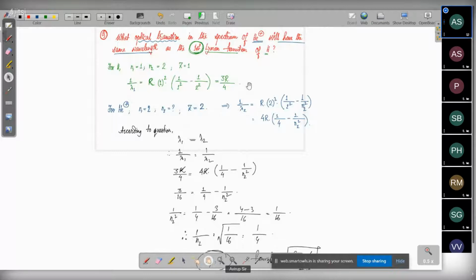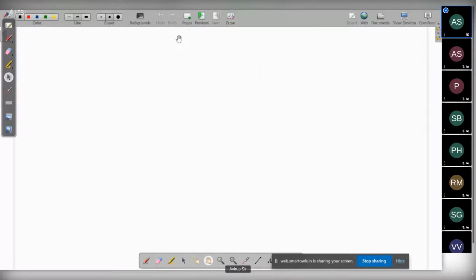Now let us move on to the next topic. The next topic will be de Broglie's equation. But before we move on to de Broglie's equation, we should discuss the drawbacks of Bohr's theory, because the drawbacks are actually what lead to de Broglie's equation. So before that we'll be doing the drawbacks of Bohr's theory. This is a theory part.